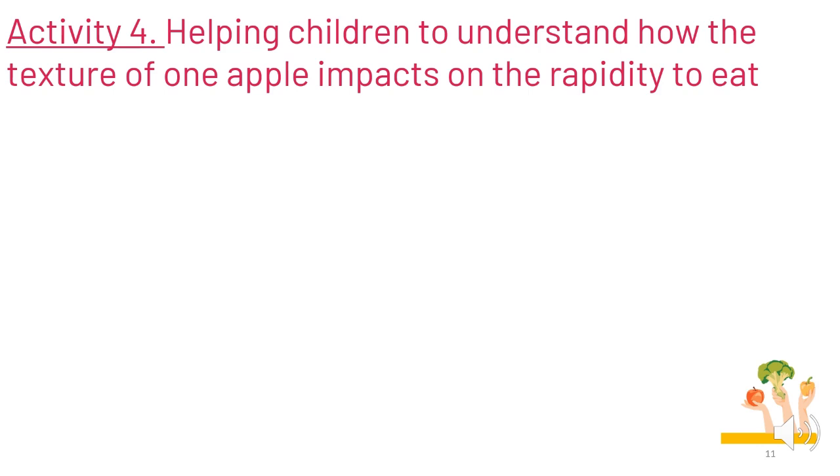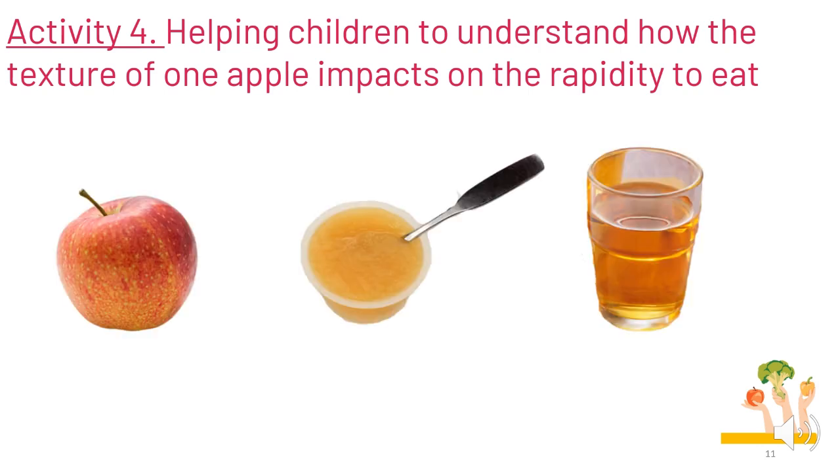By timing how long it takes them to eat 4 pieces of a whole apple, the same amount but mashed, and the same amount but squeezed in juice. Thus, they could understand that they consume the same amount of energy and sugars, but much faster with the juice. We'll meet you in the video for Activity 4 so that you can run the session with the children.